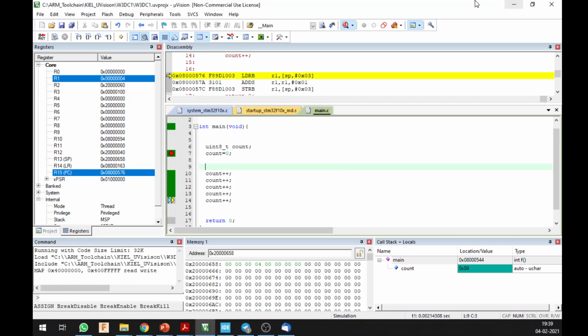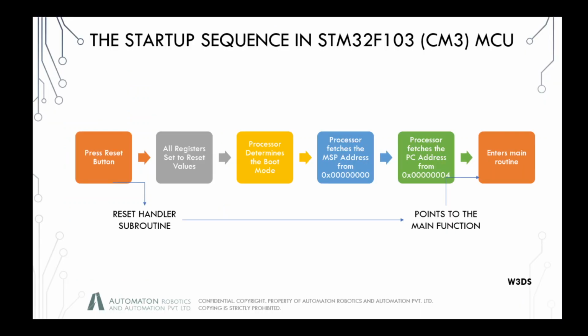So now moving on, let me get back to my presentation. Okay, so we have seen how starting from reset, we haven't done it on the hardware, so pressing the reset button and adding power does not really make sense. But then we saw that the processor is determined at boot mode. All of that is going on in the background. We started from this point. It loaded the address of the main stack pointer from this location, and that was 0x, that is hexadecimal, 020000, and then from there it loaded the program counter address, which was the address of the main function, and then it went ahead and started the program.